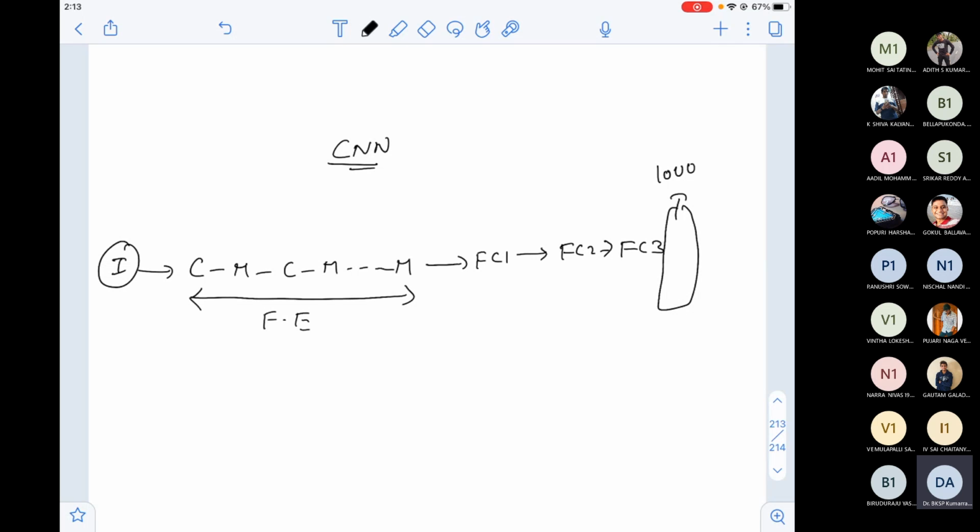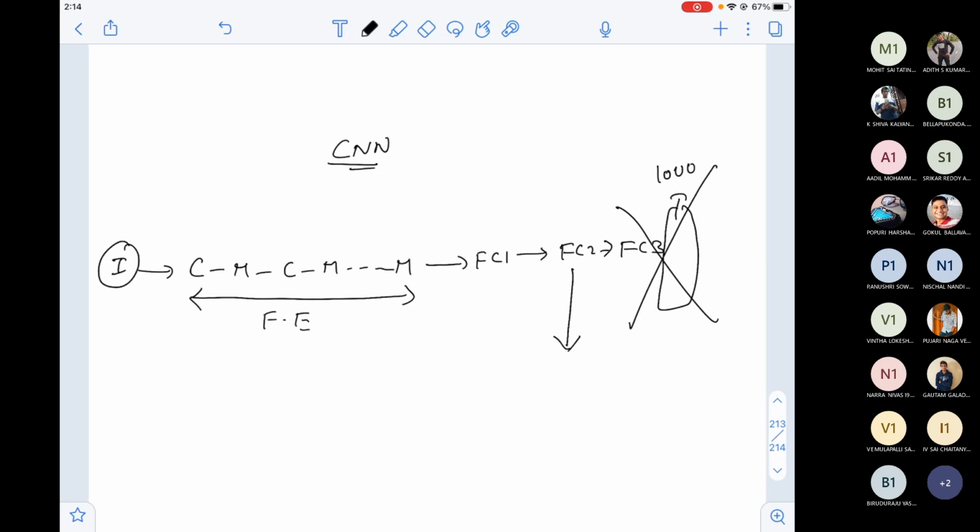But do I really require to detect these 1,000 classes every time in the image? Do I really require to go for a softmax distribution for all those? May not be required. So instead of relying on this last layer, we take the last-but-one layer, that is FC2, the fully connected layer, and maybe I'm just interested in whether an object exists or not.